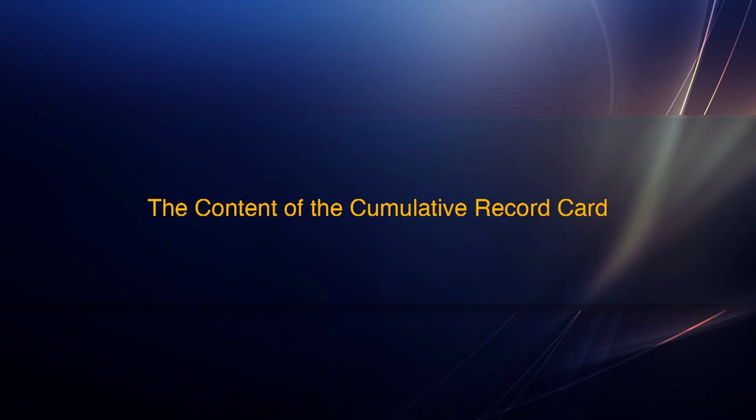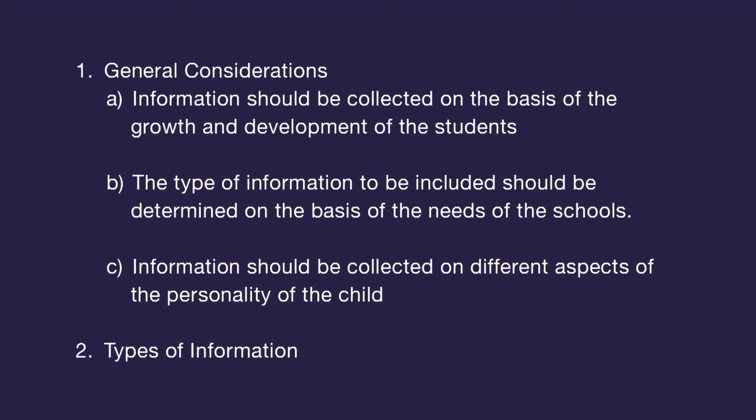The contents of a cumulative record card. The contents of a cumulative record card are: the first one is general considerations. The information should be collected on the basis of the growth and development of the students. The type of information to be included should be determined on the basis of the needs of the schools, and the information should be collected on different aspects of the personality of the child. Second is types of information. The types of information to be included in the record card are: